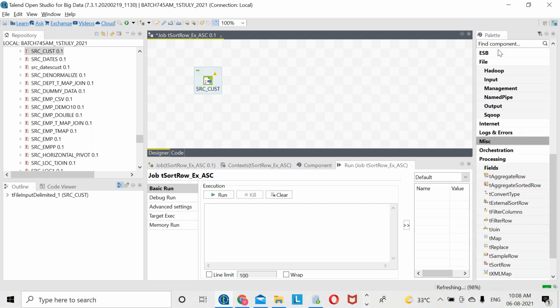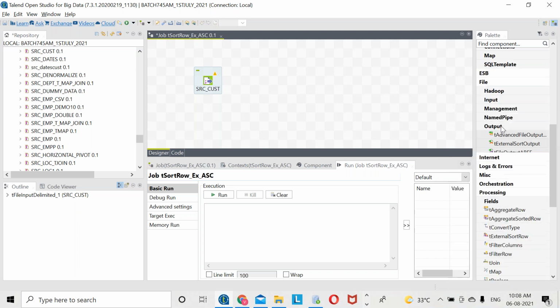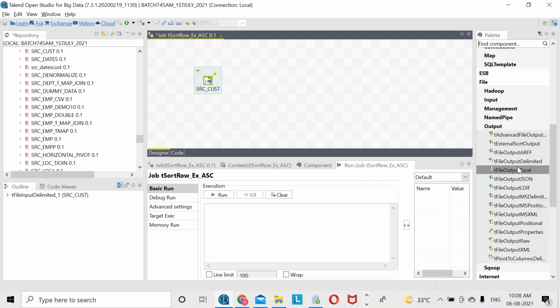So let me go for the palette. There is a file section, and there is an output section. There is a T file output delimiter. Drag it. This is one of the methods. I can take this way, or else if I know the component,